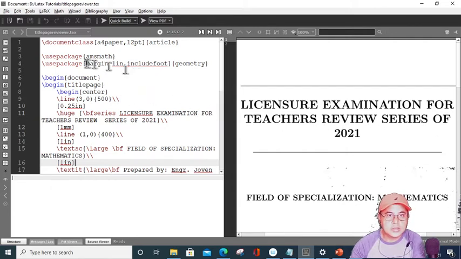the licensure examination for teachers review series of 2021. So the equivalent code for that is, but first of all, we need to define the package. Whenever you use a mathematics equation, we need to use a package. In my case, I'm going to declare the package. I'm going to install the package, which is amsmath. So whenever you use mathematical equations, we need to